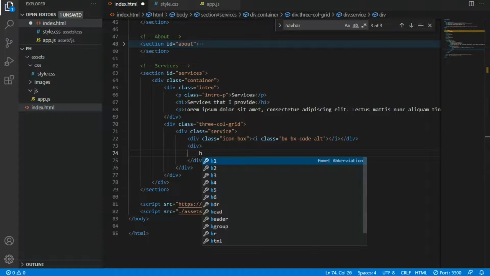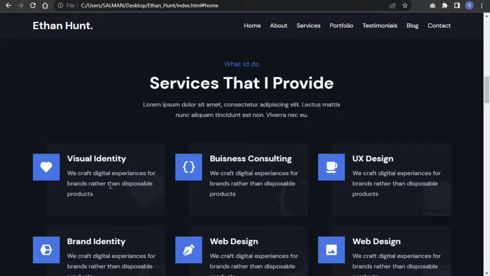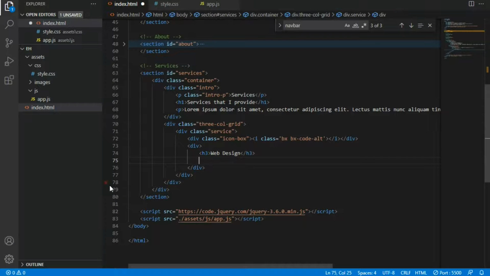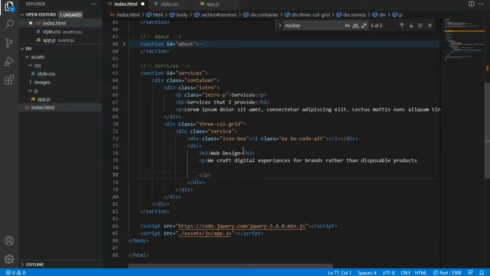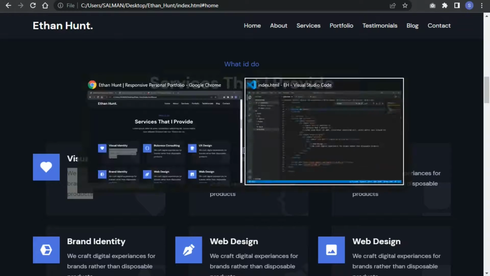I'm going to put h3. So this will be the service title. So I'm going to say web design. And I'm going to copy the text from the finished project. Okay, and we have